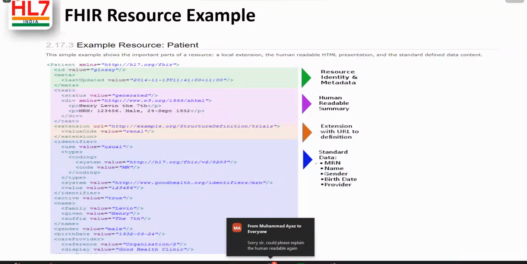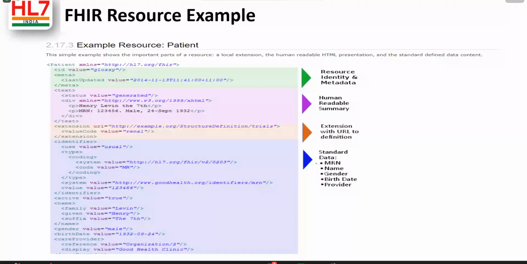The other thing to note is that there are extensions in a resource. This is again the basic philosophy of FHIR: FHIR does not model the entire world or the entire healthcare scenario. It does not do that. It just models the most commonly used scenarios, right? And because of that, specifics get missed out. So in that case,